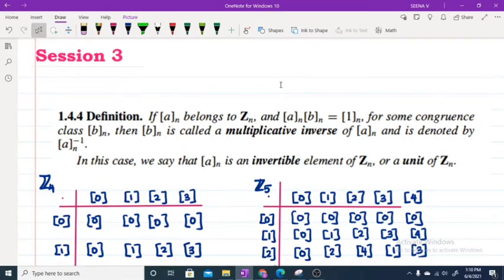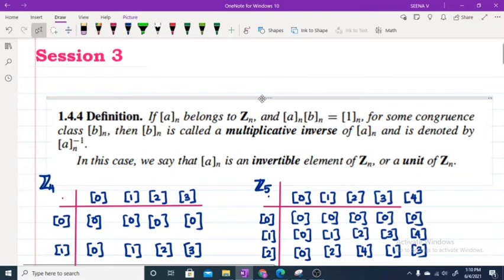Good morning, dear students. Just recall what we have discussed in our last class. Last class we discussed about Zn. The elements are 0, 1, 2, etc., n minus 1, everything as congruent classes modulo n. And finally we discussed the multiplicative inverse of a. The definition is